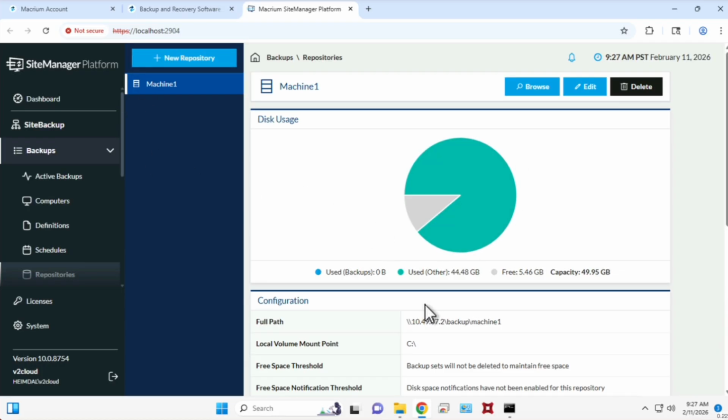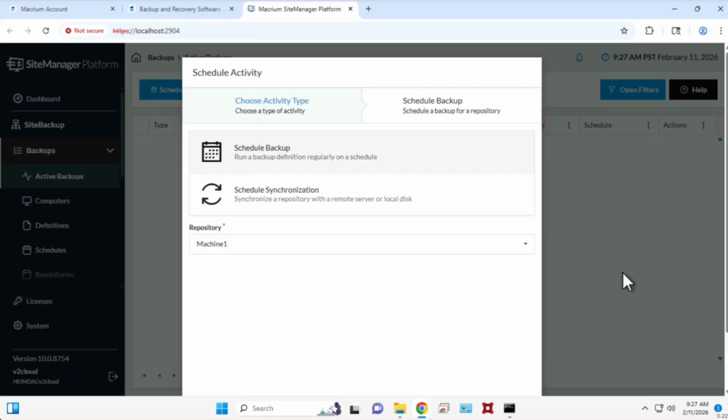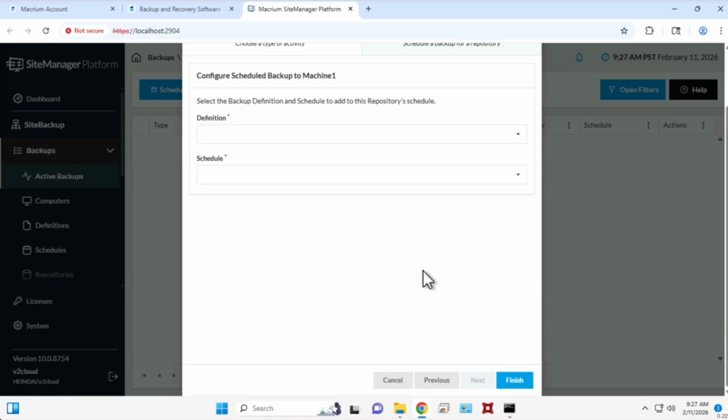Now, here's the most key step to the whole process. After you've created the repository, you want to scroll down using the scroll bar on the right, and you will see the Schedule Activity button. I'm going to go ahead and select the Schedule Activity button, select the repository I want to configure, hit Next, and what happens here is we assign the definition and schedule that we made in our previous steps to the